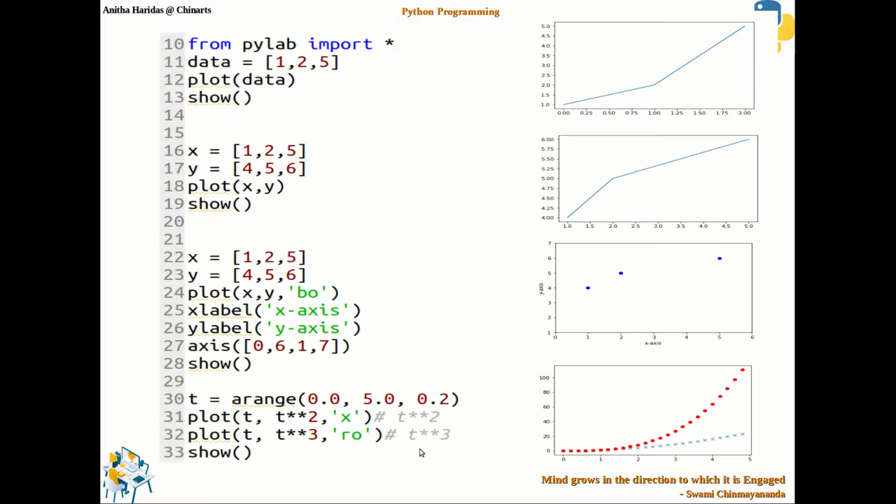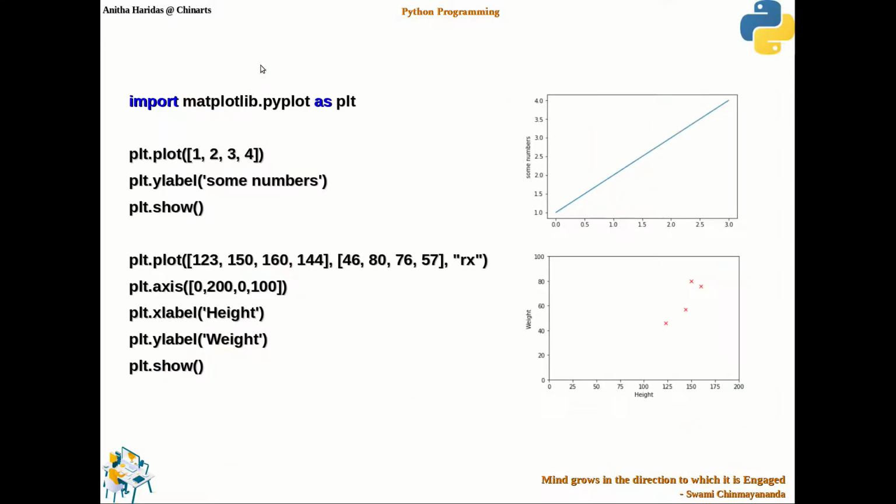Then we had seen a demo program, in which I showed you how PyLab can be used directly, or you can also use pyplot from Matplotlib as plt, which is another name, or alias name, for the package that you are going to download.